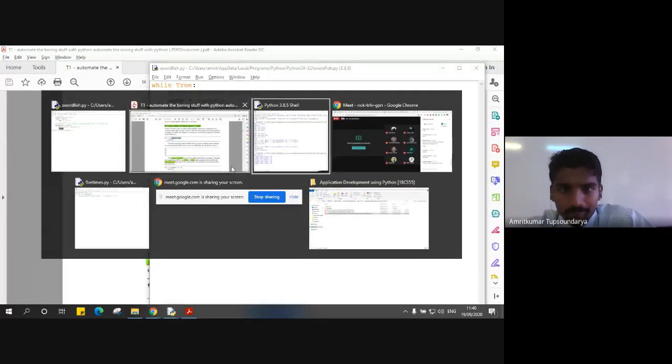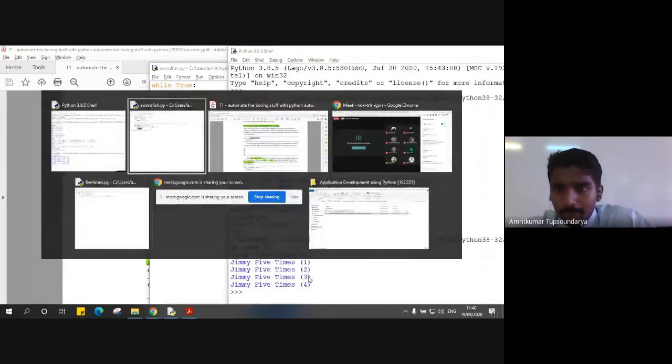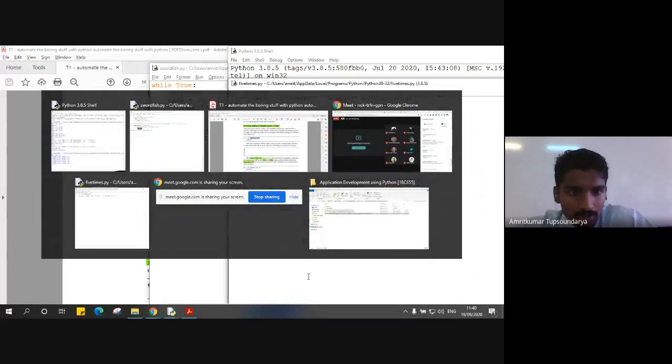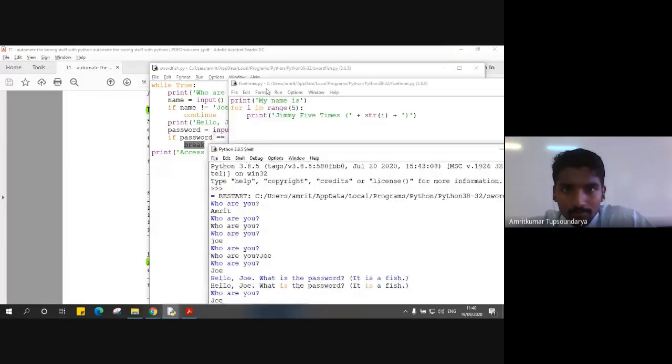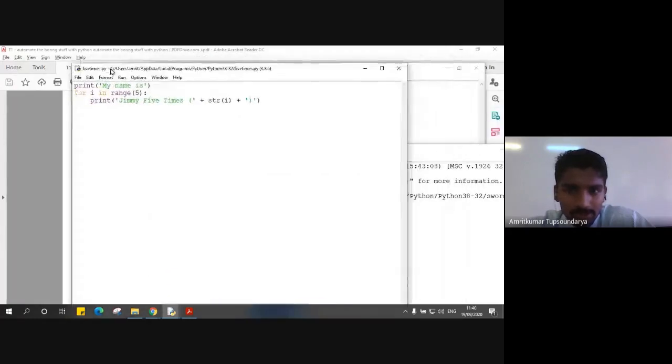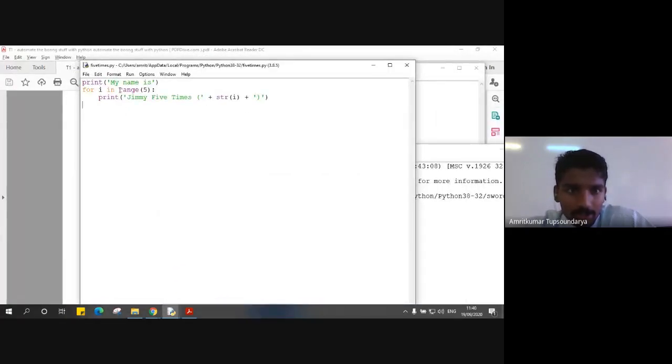Here it is. As you can see, in the range function we used only the value 5, range followed by a single parameter, and it goes on executing the instructions inside that for loop that many times.